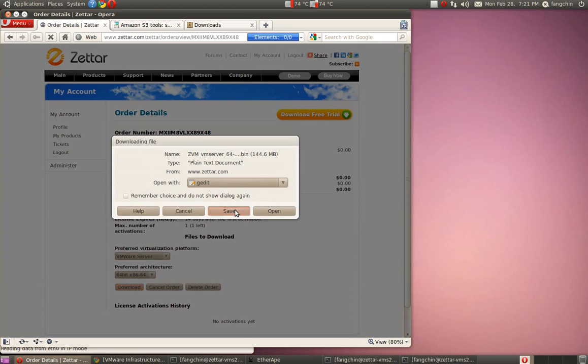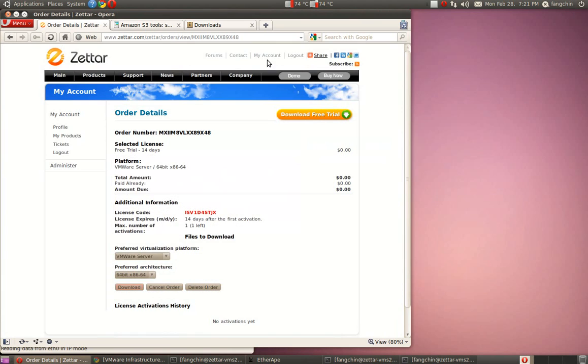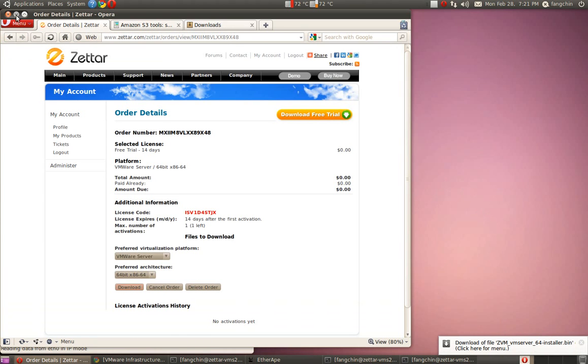You want to save it? Yeah, to the downloads folder is fine. And now, Opera browser, I like to use it because it downloads pretty fast. I happen to be on a high-speed connection too, so that helps. So the pop-up window tells you it's up. Now let's get back to this and